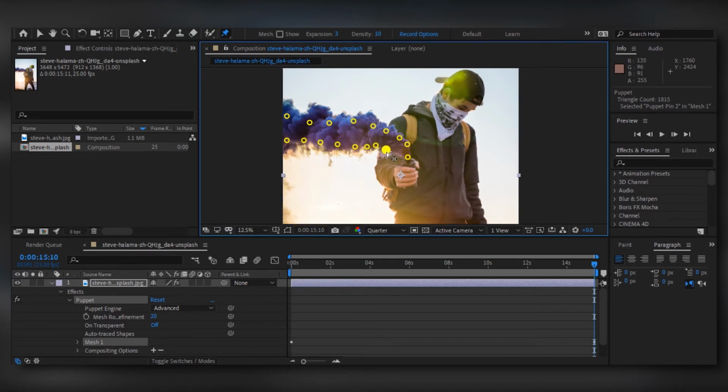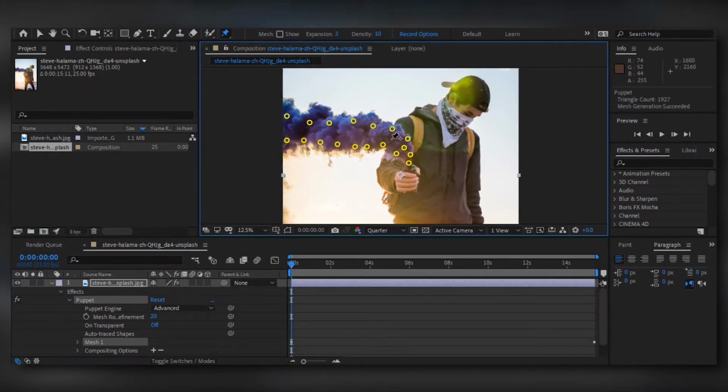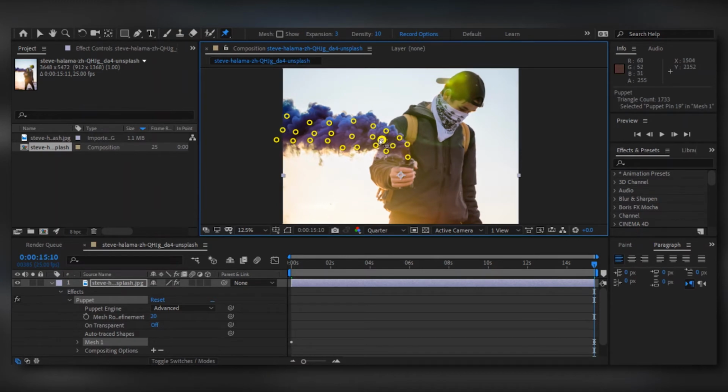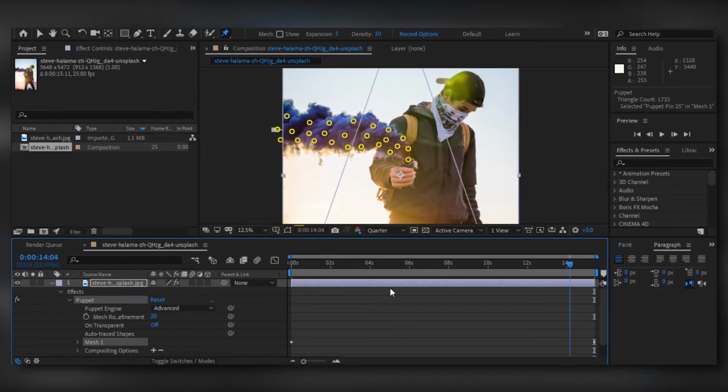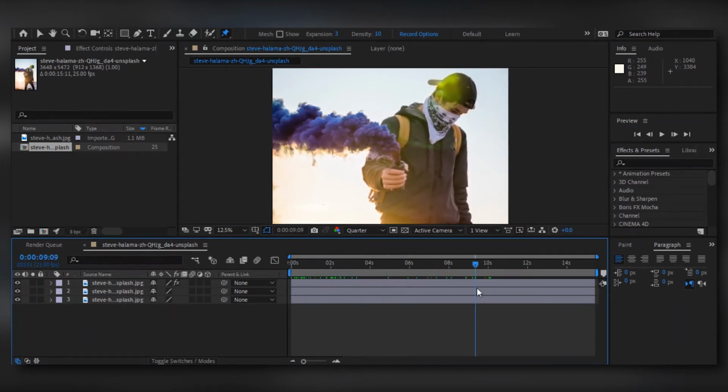Now after moving all of those points, I realized that the movement was not enough in the smoke. So what I did is I created some more points in between those two lines of points, and I also moved those points. And remember that the more you move those points, the more movement it is going to create in your smoke. I like to keep that effect really mild and subtle, so I didn't move those points really far away, so the effect is going to look really slow.